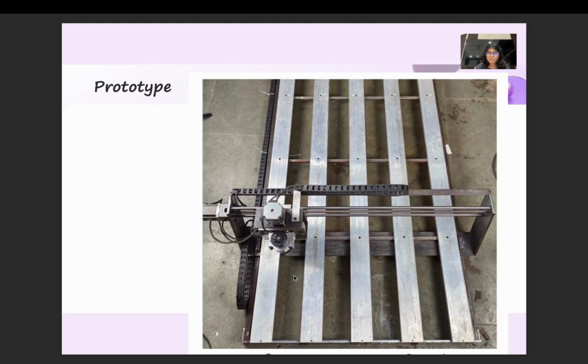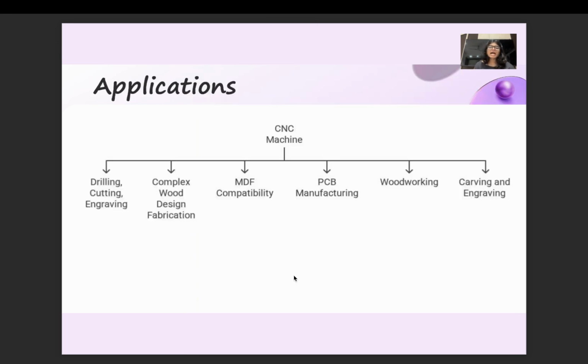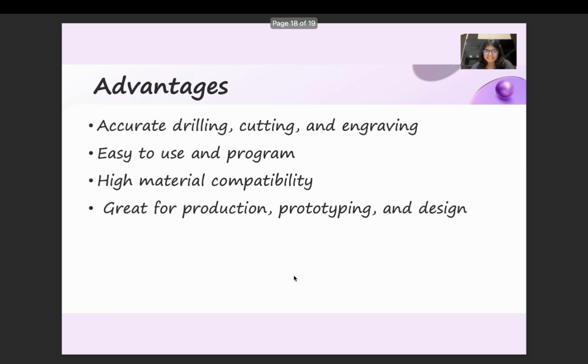Prototype. This is a working prototype that shows a scaled-down or early model of the full machine, and it helps in testing the working of the machine, identifying flaws, and making improvements before full-scale manufacturing. It proves the concept is viable and that the design functions fully as expected. Application. 3-axis CNC milling machines are used for prototyping, mass production, and precision design work. They are common in industries like automotive, electronics, furniture, and sign making. The machine is ideal for both creative and functional applications requiring fine detailing.